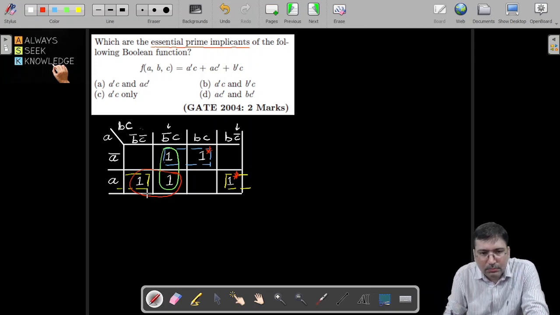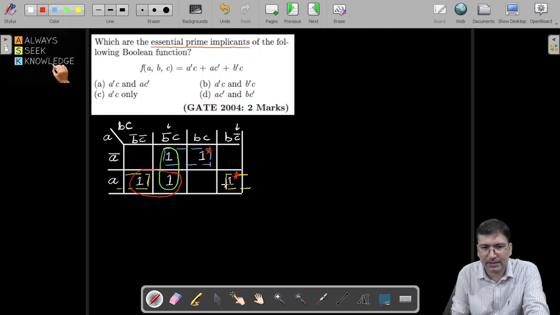So let's see the very first statement, A bar C and AC bar. A bar C. So where is A bar C present? In these two. So because there is one, this one, A bar C will give you essential prime implicant, right? So this group will give you essential prime implicant because there is at least one present which is having only single pairing, right? Now AC bar, so A and C bar